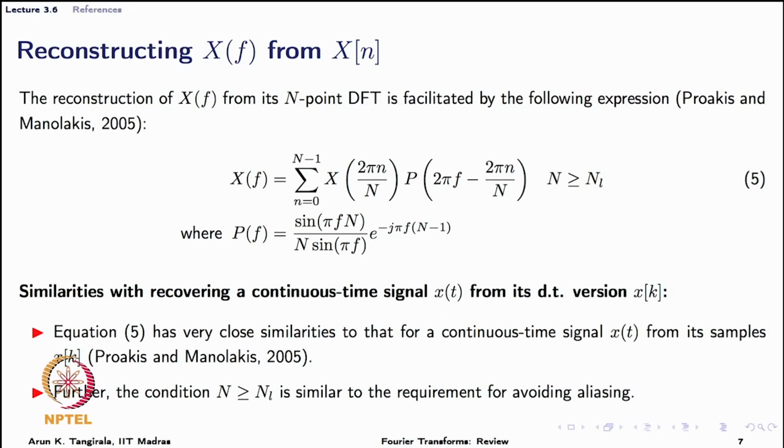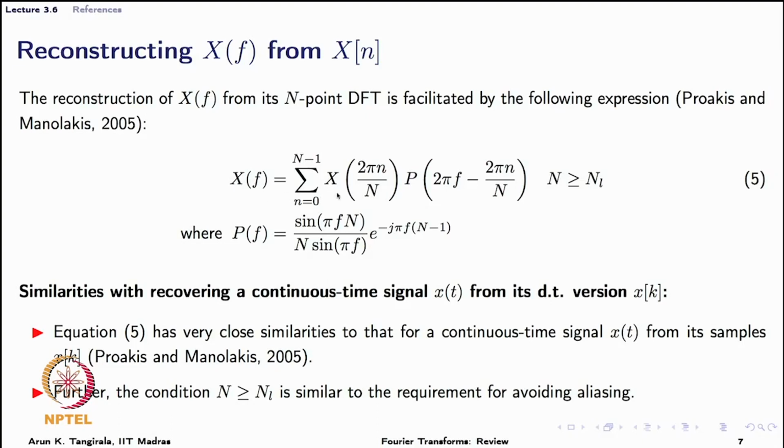So now just to obtain an insight of how DFT is working, or if I want to know how X of f can be recovered from its sampled version, that is a continuous Fourier transform, not continuous time Fourier transform, the continuous function Fourier transform from its sampled version. How do I do it? Well, this is the expression that allows you to recover X of f from its sampled version. I am avoiding the derivation here, but you can refer to any standard signal processing text such as Proakis and Manolakis to see how this expression recovers the X of f for you.